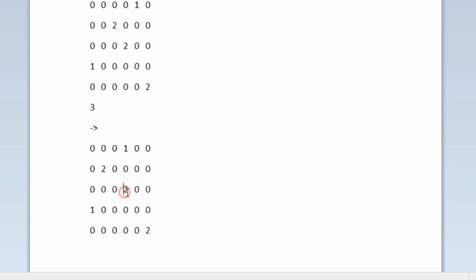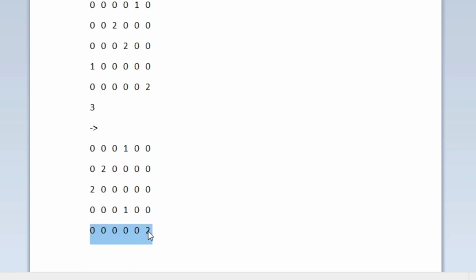Similarly, in the third row we have a type 2 robot. Initially it moves towards the west, and after moving towards the west for 3 seconds it reaches the first column. And in the fourth row we have a type 1 robot. The type 1 robots initially move towards the east direction. We have totally 3 seconds. So after 3 seconds from the first column, the type 1 robot reaches the fourth column. So that would be the new position of the type 1 robot.